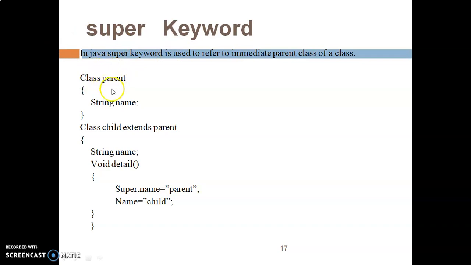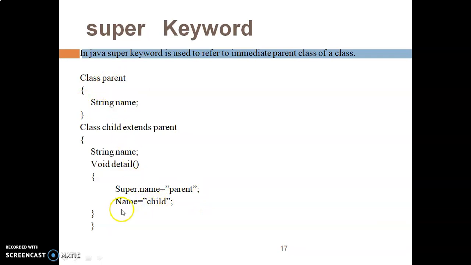So here we have created a class parent. One variable is there, only name, and we have extended the child class from the parent. You can see here. So how are we fetching this particular variable? By using this super keyword. Although it is a part of the parent class, by using the super keyword it is the right of a child class to access the variable as well as the method. So super dot name is already present inside the parent class, and this is the value that you are assigning to super dot name. This is a string value, as it belongs to the data type string.